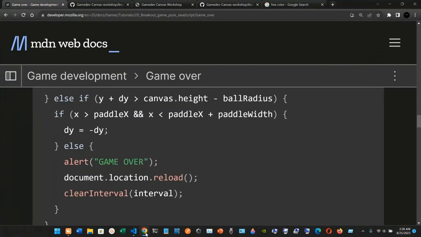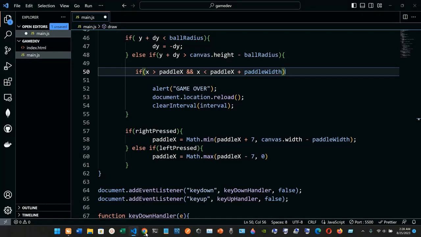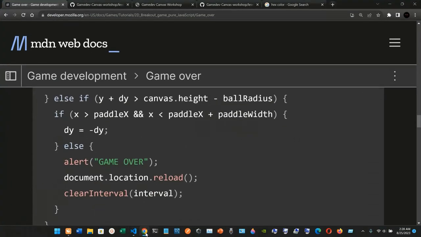Okay, if that is true, then we are going to open curly braces, and we're going to have, let me see,